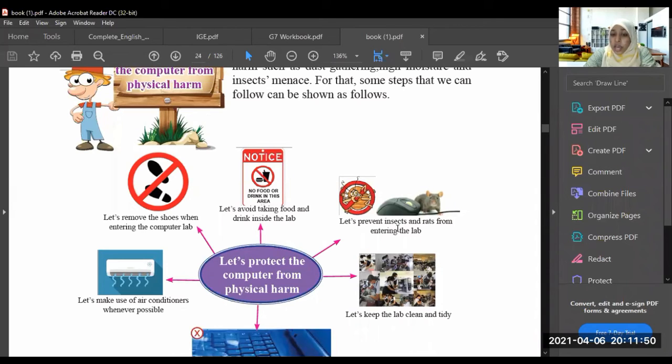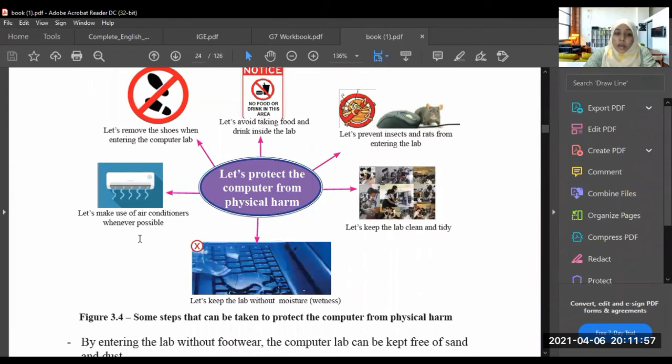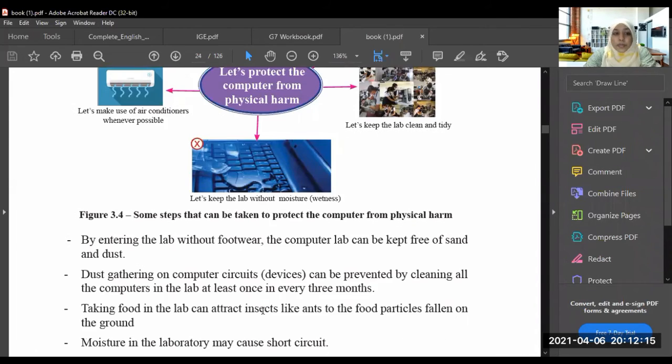We should also prevent insects and rats from entering the laboratory. Normally, when somebody is inside the computer laboratory, it is better to use ACs. Also, you should keep your computer laboratory very clean, and keep the lab without moisture, that is wetness, right?